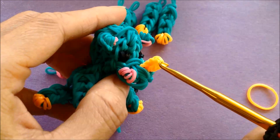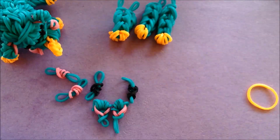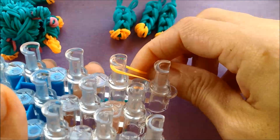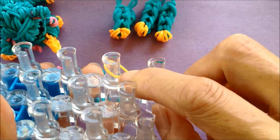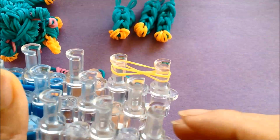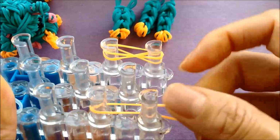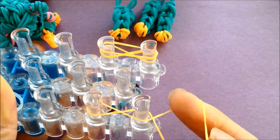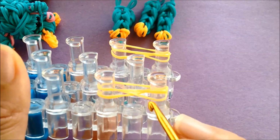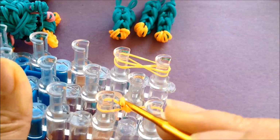Let's make the horn and the tail in the back, and we're going to tie some knots. So on a loom, we're taking a single band, mine will be orange, looping it from the second peg from the bottom, twist to the left to create an X, twist to the right and looping it back on the second peg from the bottom. So that's what yours should look like. Repeating for the second one. This will be the tail, twist to the left, twist to the right, and getting it back onto the second peg from the bottom. Now on the left side, pulling the bottom band up and over to the center to create